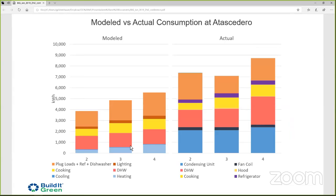And then, like I said, plug loads are all over the place. We've got our biggest plug loads in our 2 bedrooms. And as we're going through different apartments and seeing what people are plugging into their homes, since everybody has a different load profile, we're seeing all kinds of stuff from secondary refrigerators to ice coolers, really inefficient ice coolers like the ones you see in gas stations,